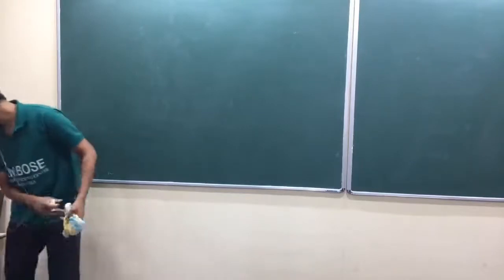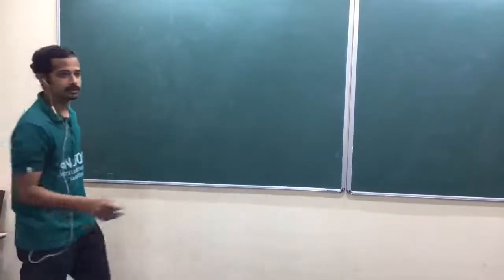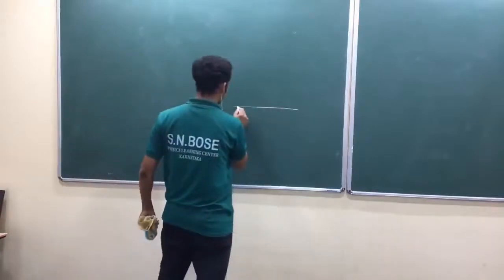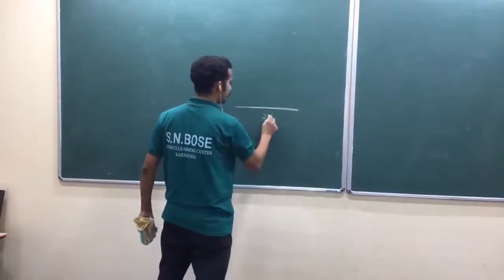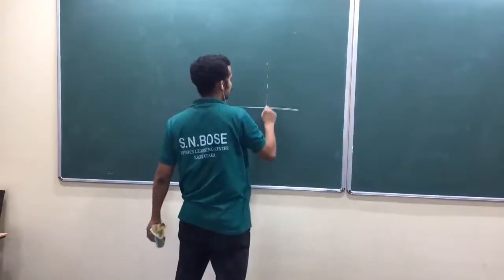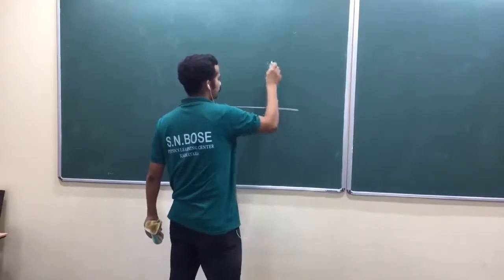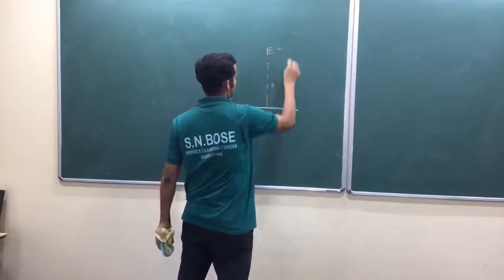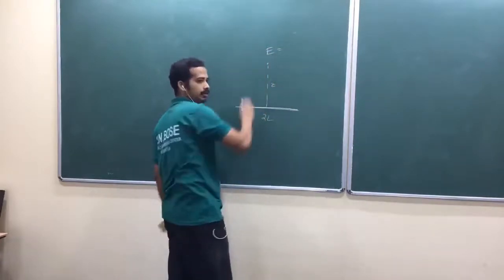Okay, 2.4 is a pure geometrical question, I told, isn't it? You had a line of length 2L, am I right? And you have calculated the electric field at a distance Z above. What was that electric field here? Any idea? Give me the magnitude. You know it is along Z cap.